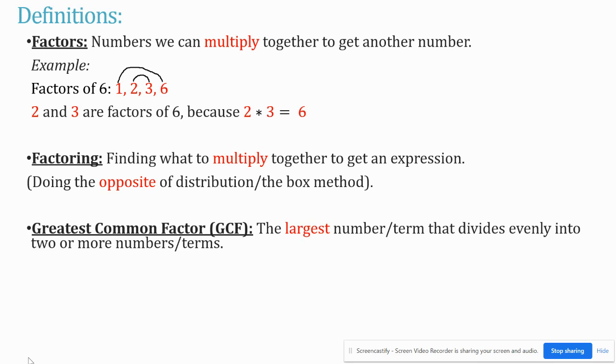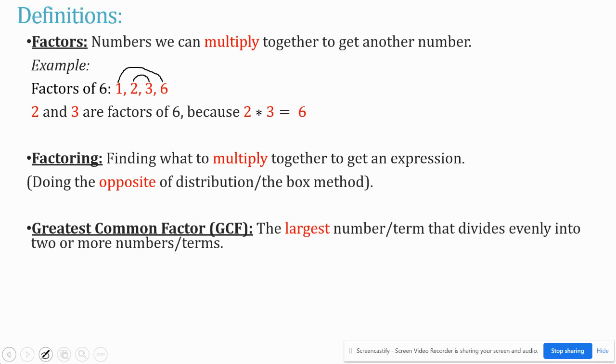Okay, we're going to be using the GCF, greatest common factor. Hopefully this sounds familiar also. It is the largest number or term that divides evenly into 2 or more numbers or terms. The reason why I'm saying term is because we are going to be looking at expressions with only variables, not with numbers. So I want you to know that the GCF refers to the numbers that we're talking about and